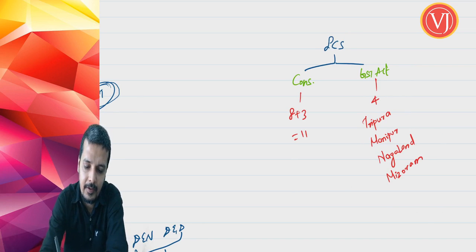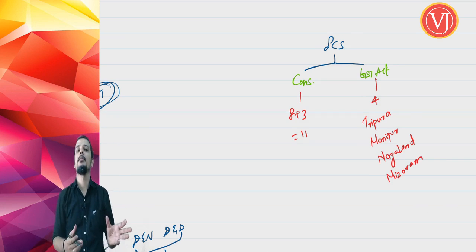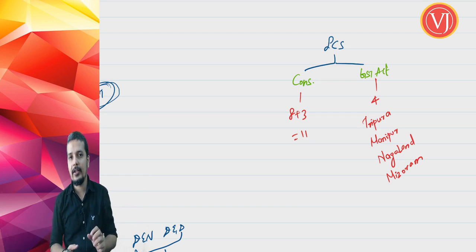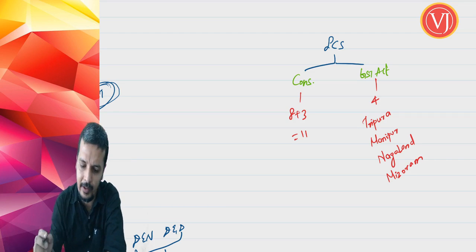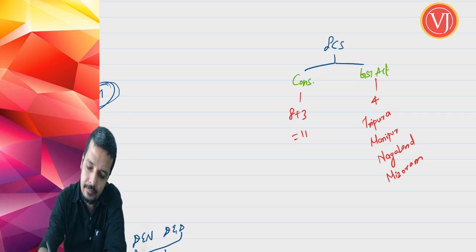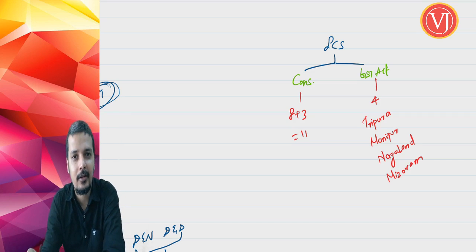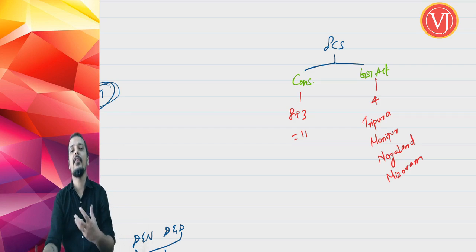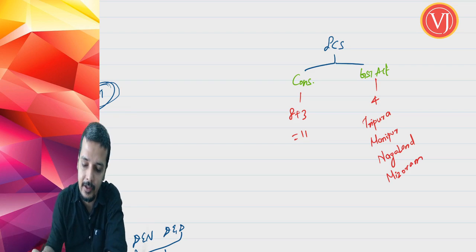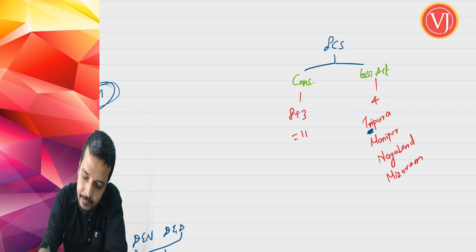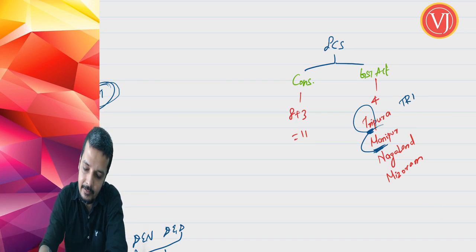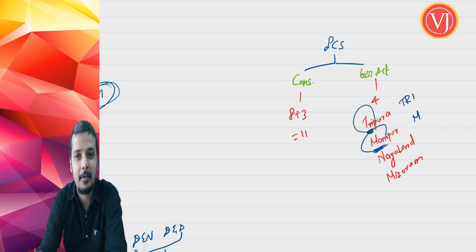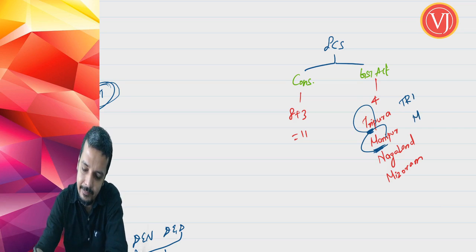Now I'll tell how to remember these special category states. We have remembered in a very simple way as per Constitution, 8 northeastern states and 3 hilly area states. But how to remember these 4 special category states as per GST law? It's again quite simple. In India, for you to be a very successful person in politics, you require 3 things. Tripura, you require 3 things. So here we are talking about try. One is money, isn't it? The moment you are talking about politics, the first thing that comes to your mind is money, right?